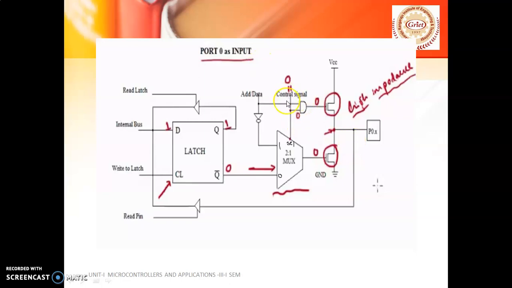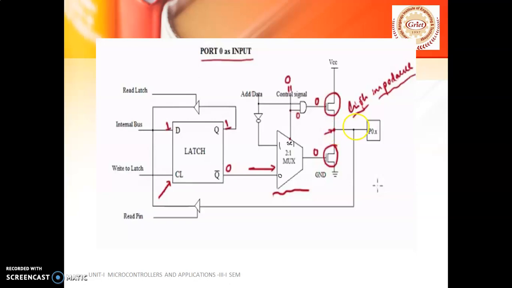Now coming to this other switch, let us talk about this control signal. As the control signal is 0, even the address and data is 0. If both the inputs of the AND gate are 0, then the output is 0. Once it is 0, it is given as an input to this particular switch, which again acts like an open switch and doesn't allow any data to pass through. So these two act as open switches. This line is not connected to VCC and this line is not connected to ground, so this line is in a high impedance state. High impedance state means it is neither connected to 1 nor connected to 0.